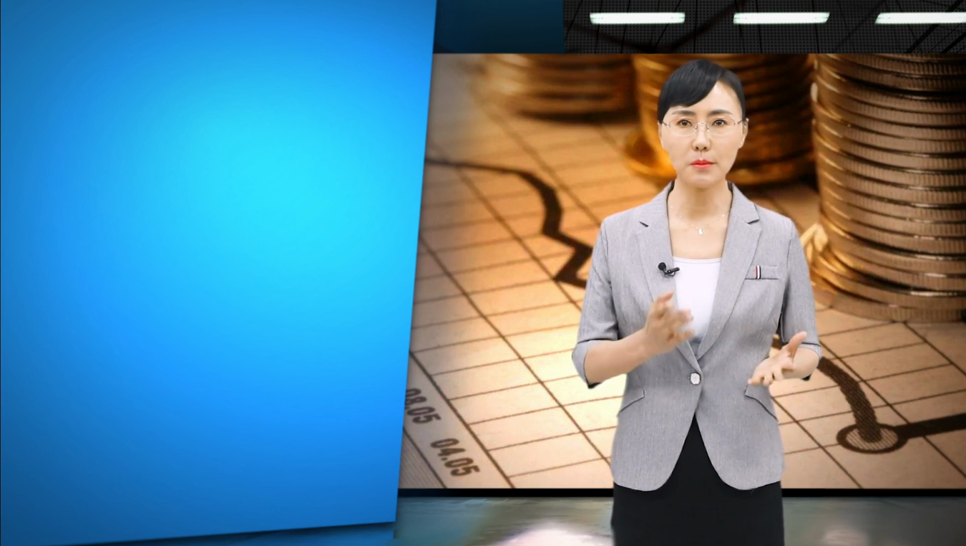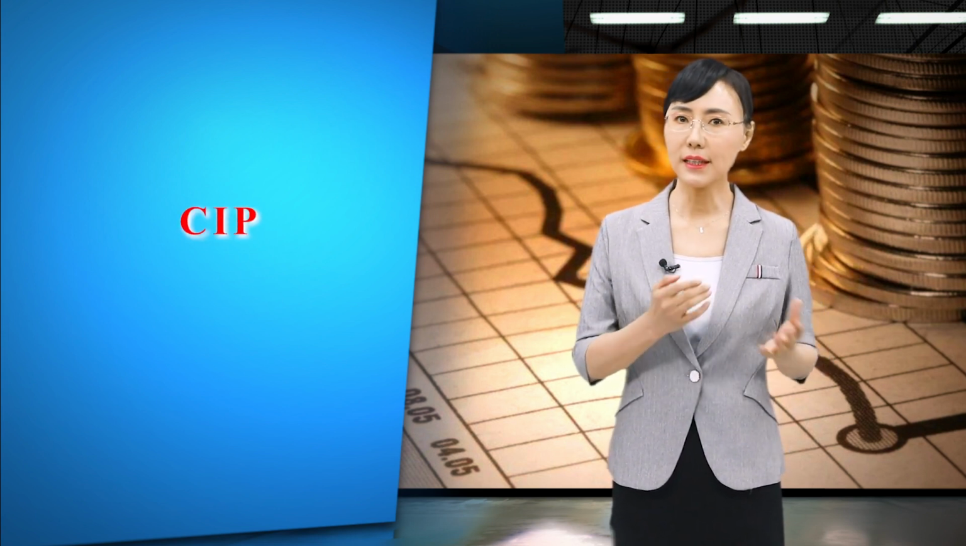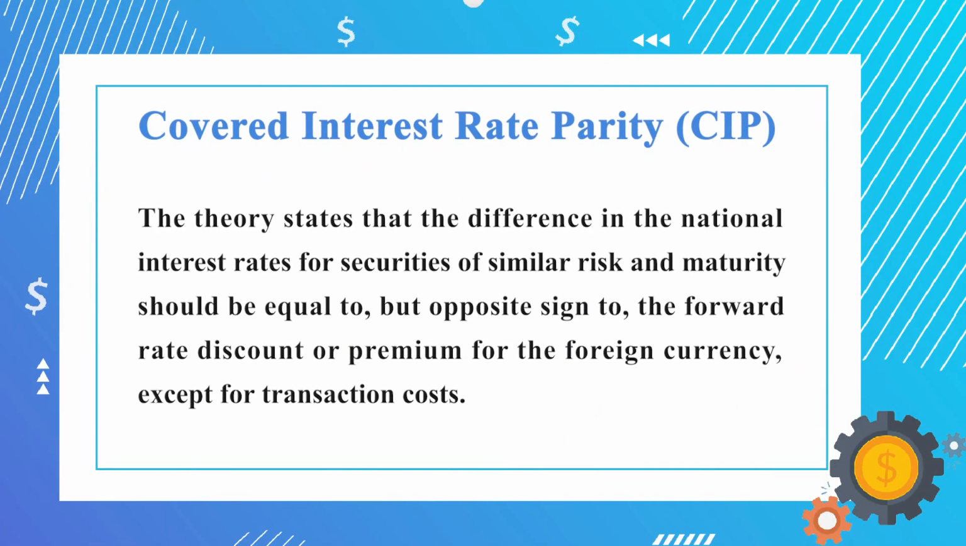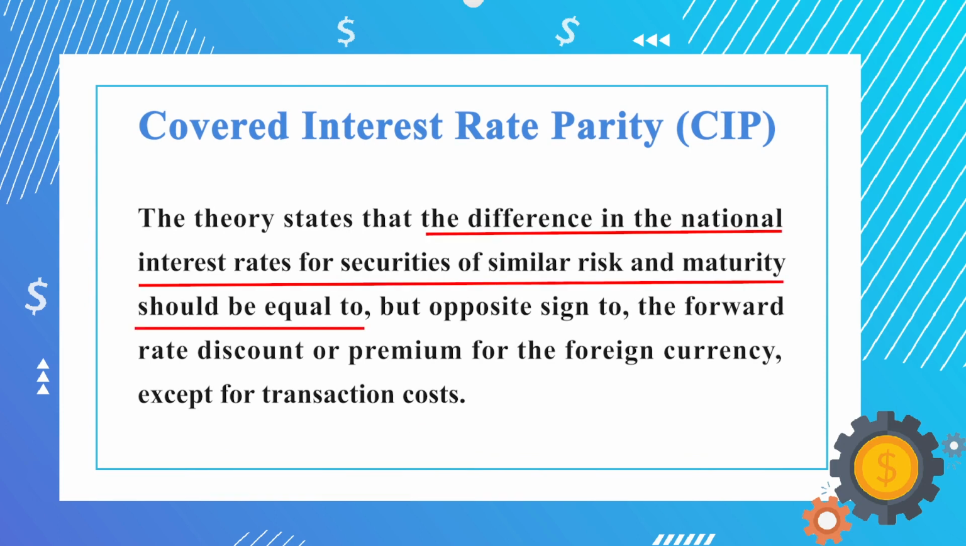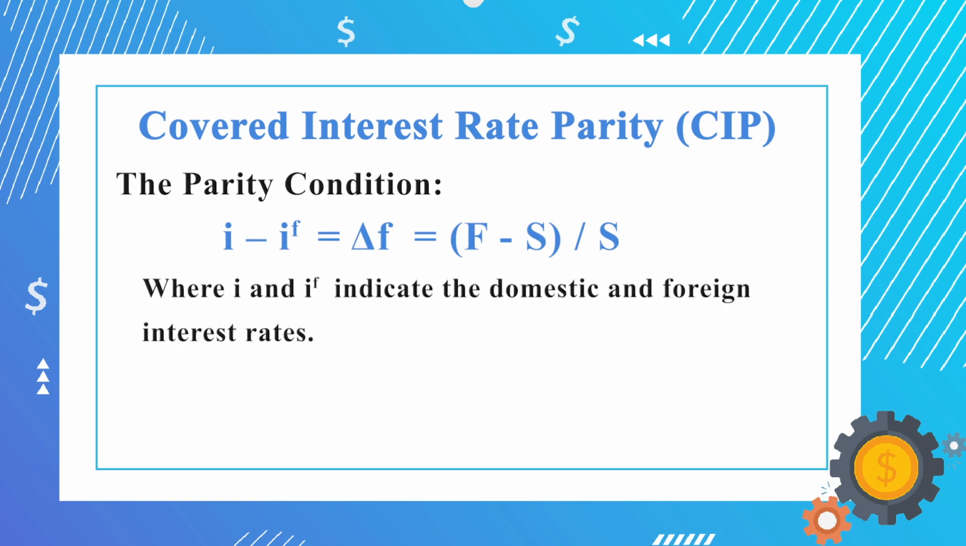Covered interest rate arbitrage is based on the covered interest rate parity, which is shortened as CIP. Let's study the CIP theory firstly. The theory states that the difference in the national interest rates for the securities of similar risk and maturity should be equal to, but opposite to, the forward rate discount or premium for the foreign currency, except for transaction costs. The theory of CIP can be expressed with a mathematical formula, or we can say the parity condition can be expressed as follows. I minus IF equals delta F equals (F minus S) over S,